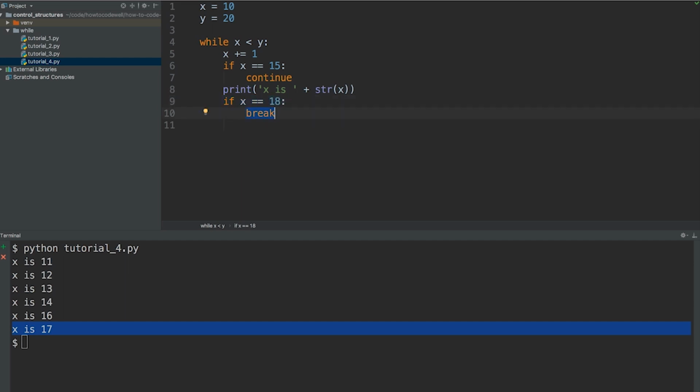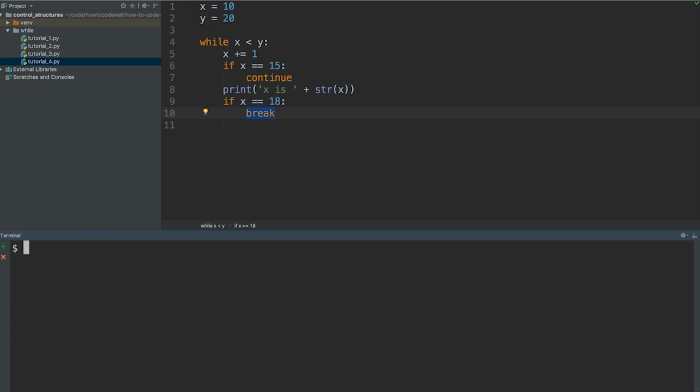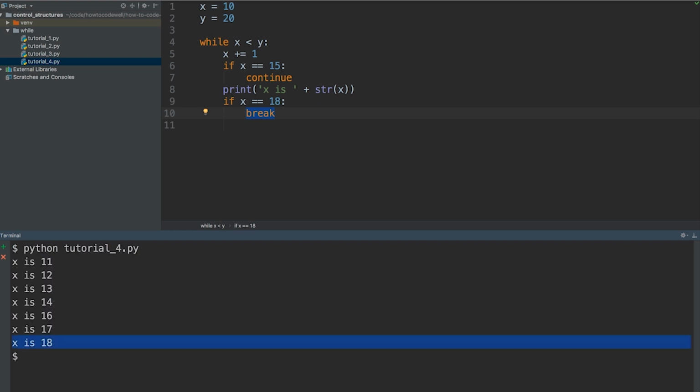Let's save this and see what happens. So I'm just going to clear down the screen again, and then I'm going to run the tutorial file once more. So we have 11 all the way down to 18, and of course we've skipped number 15, and we've stopped at 18. Now this break keyword is very handy when you want to come out of the while loop